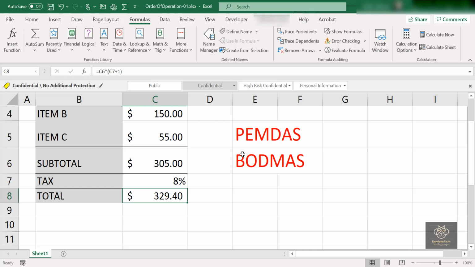Get a feel for it, understand why Excel needs it done that way, and that's just math in general, not just Excel. Excel uses math, but the order of operation is universal within math. So try it out, and we'll meet up in the next session.